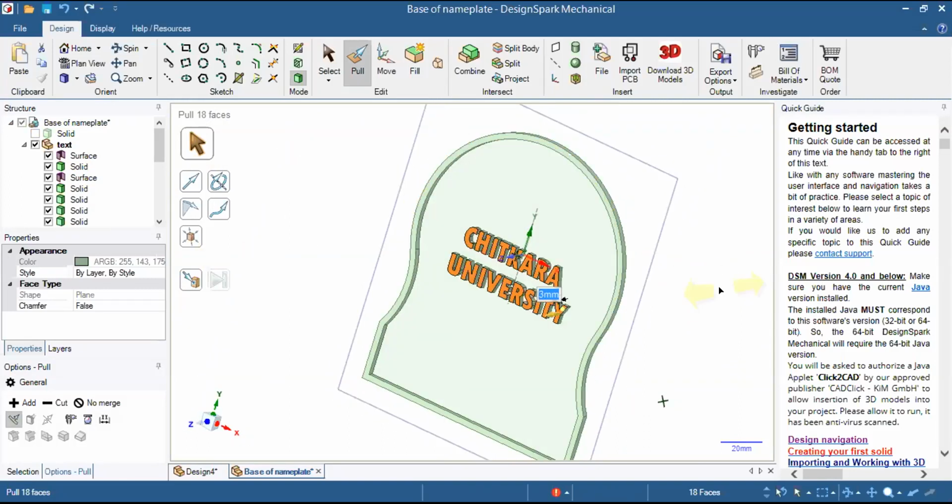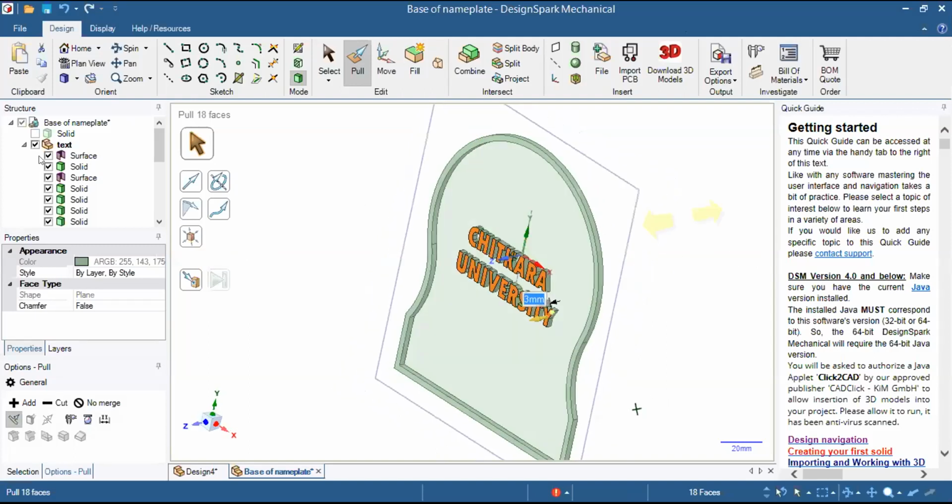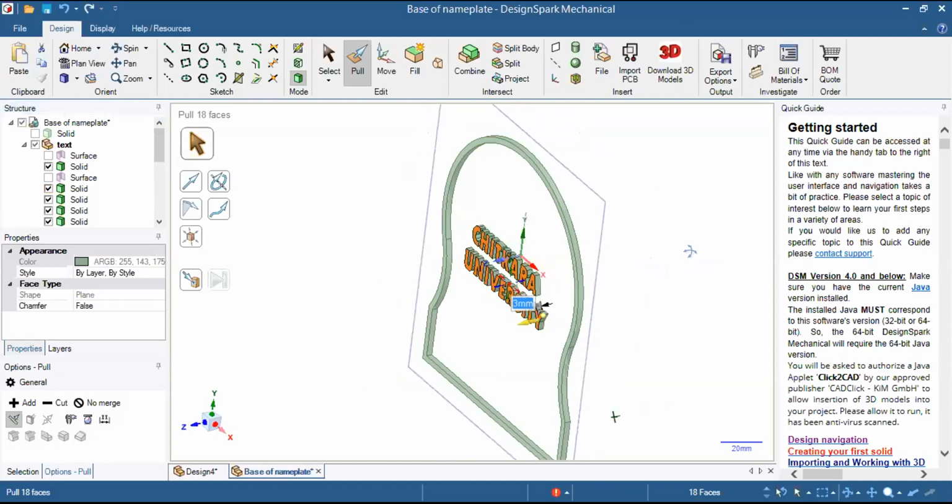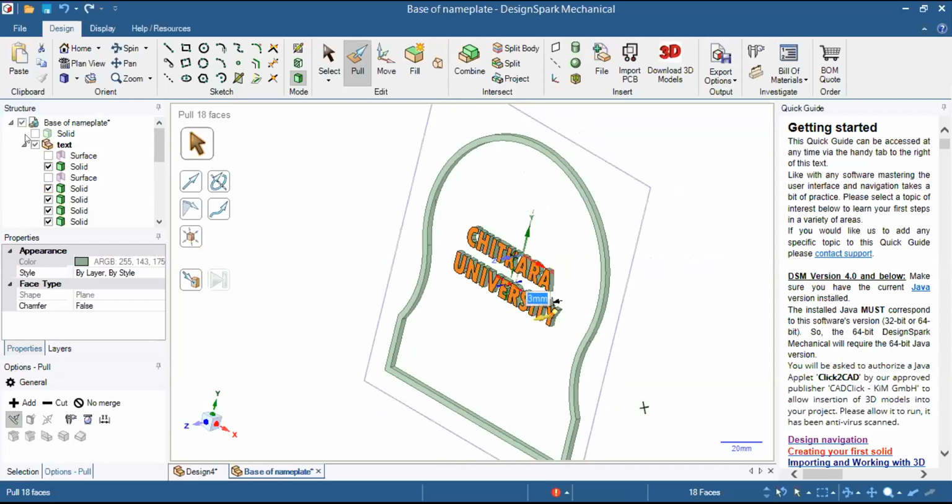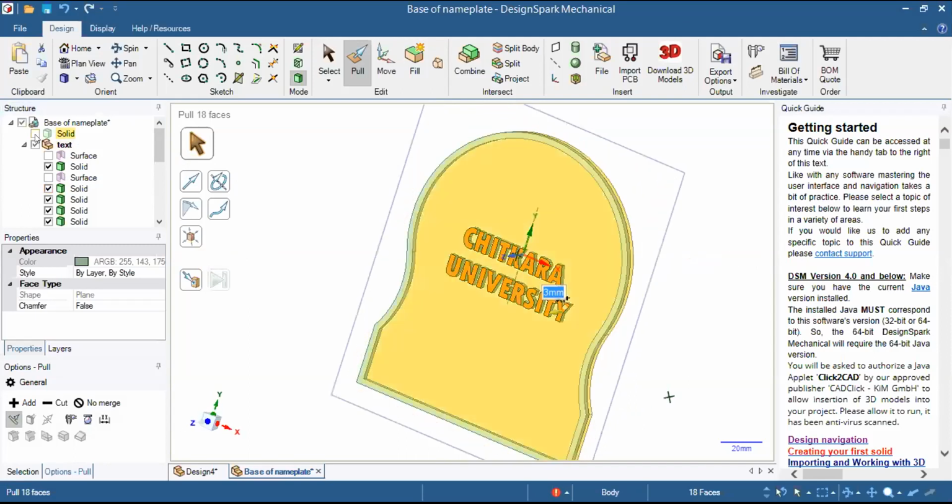Now you can see 2 surfaces have been generated which I need to remove. So I have removed the 2 surfaces and will check if there is any surface else. I just need to remove the surface part because that will be creating a problem for me. So I will now disable the solid part.